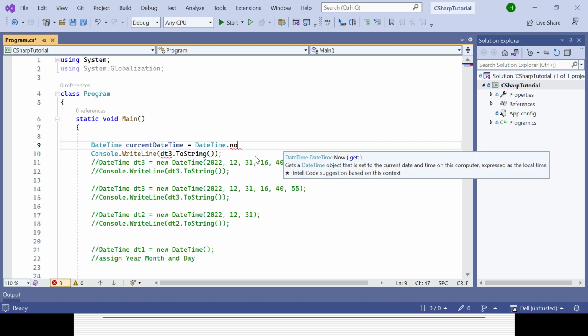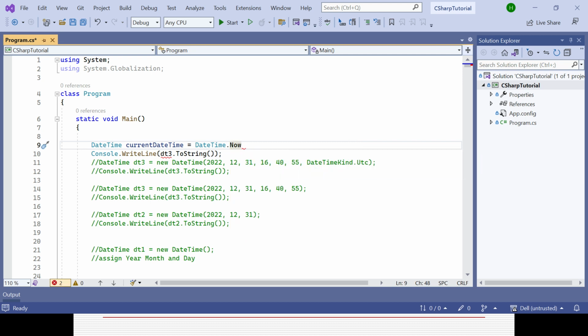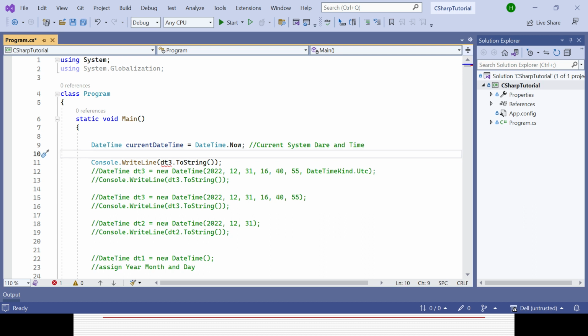That is the way I can get the current date and time of the system. So it will be giving me the current system date and time. Now if I want to print it out,